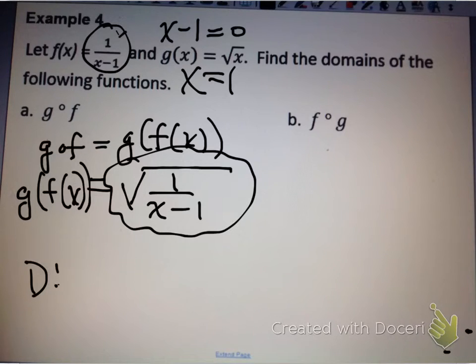So x cannot equal 1. Not only can't x equal 1, but notice the square root. We cannot have a negative square root. And so if x is anything less than 1, notice how what's underneath the radical is negative. So our domain is going to be the interval